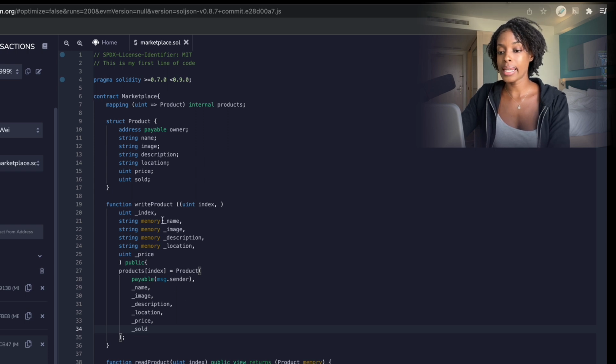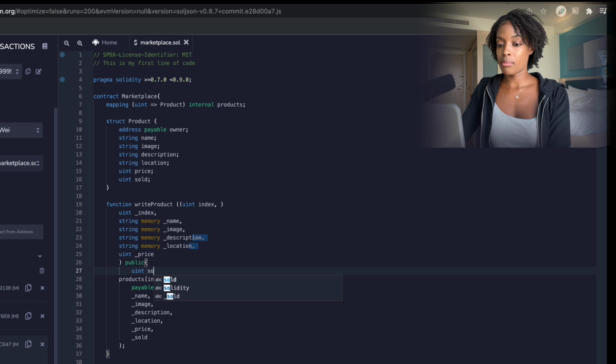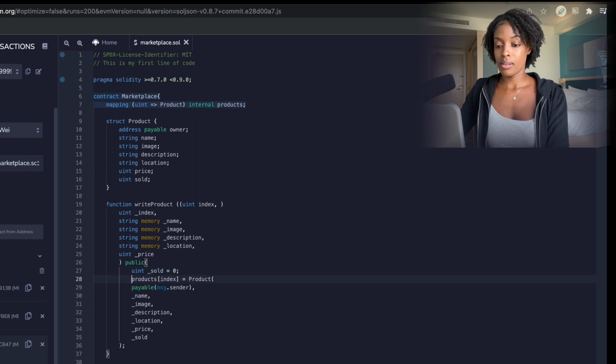Okie dokes. And you notice there's a variable here called sold, but this is quantity sold. And technically, when you first create a product, there'd be none sold. So you could just say, all right, I'm just going to create the variable here. Sold is equal to 0. So therefore here,